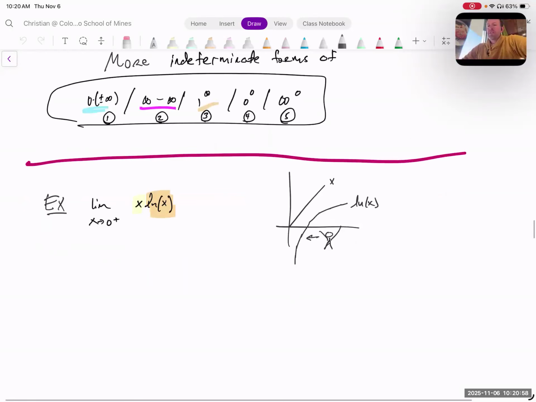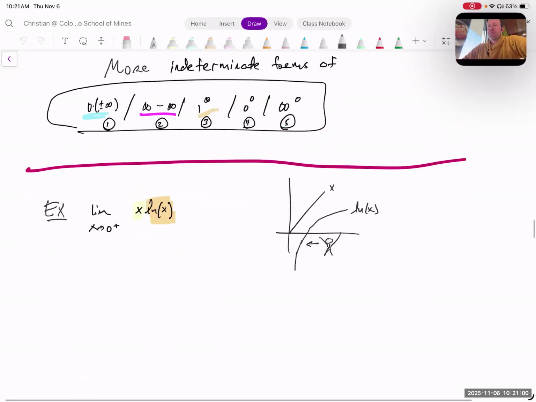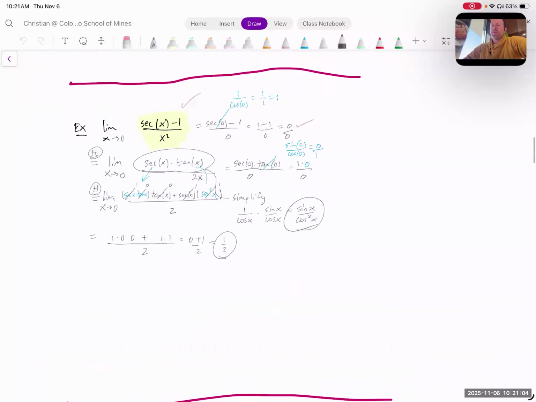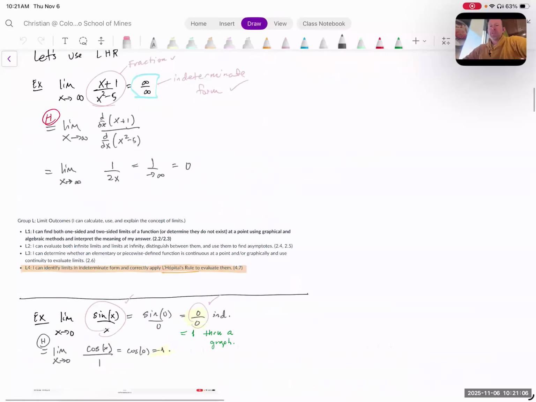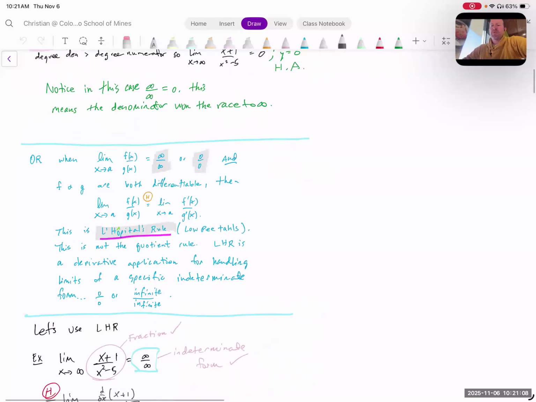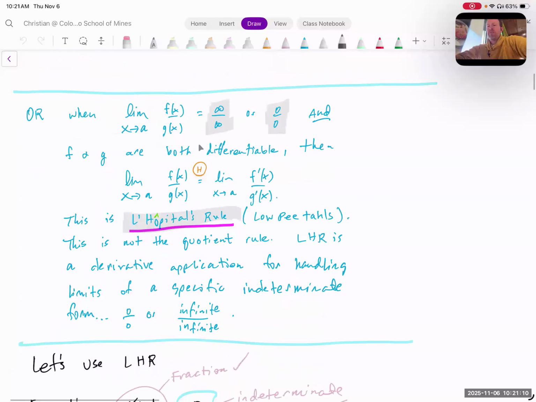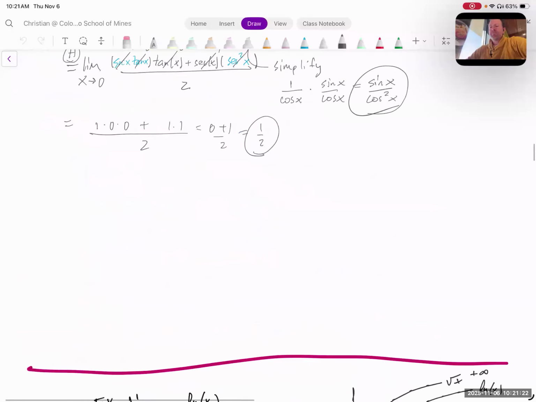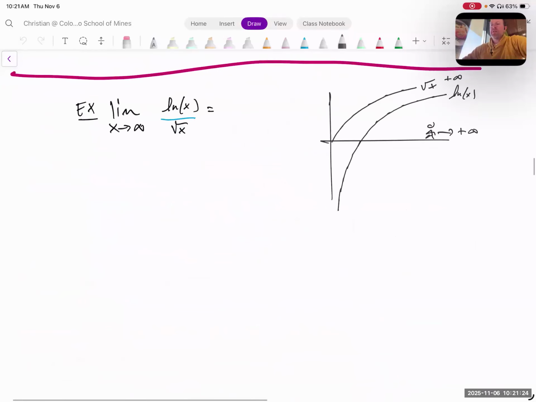Let's look at this problem and this next one. If you go back to L'Hopital's rule, just a quick reminder, we had a couple problems in our notes and some instructions on how to handle L'Hopital's rule. You had to have a limit of a fraction going on. You had to have an indeterminate form of infinite over infinite or 0 over 0. And when that happened, you could use L'Hopital's rule. So on this problem here,